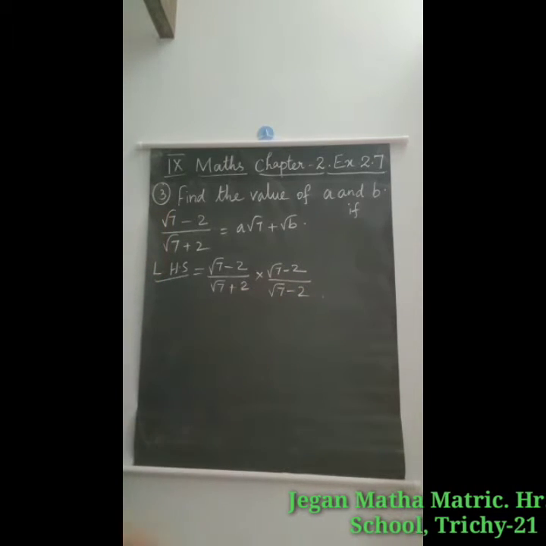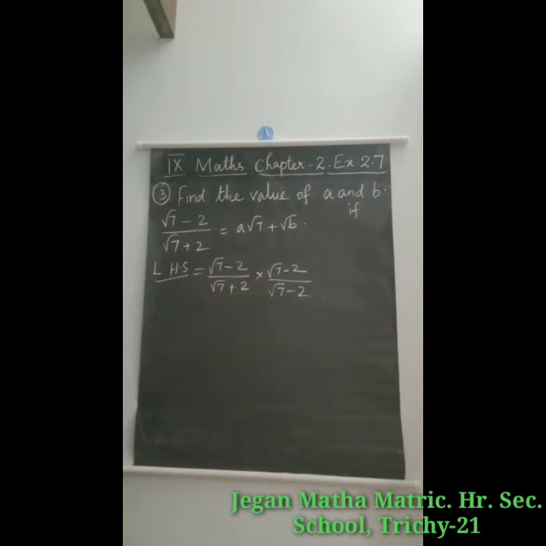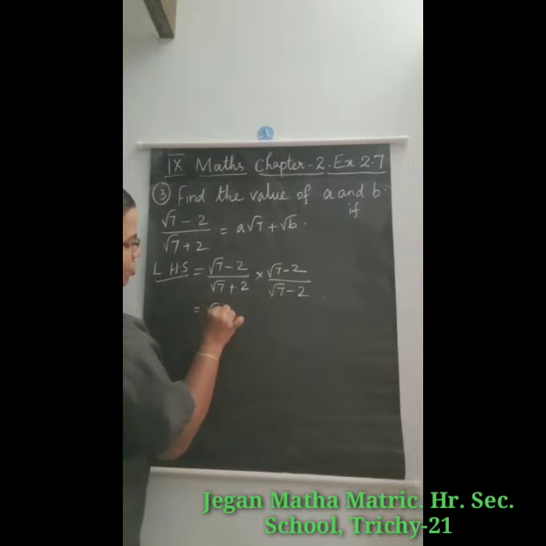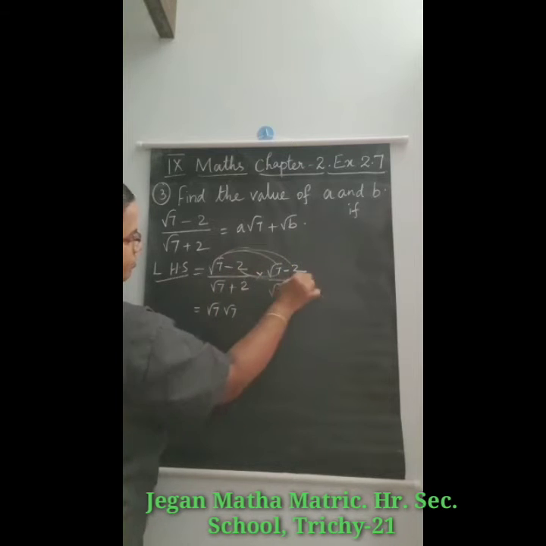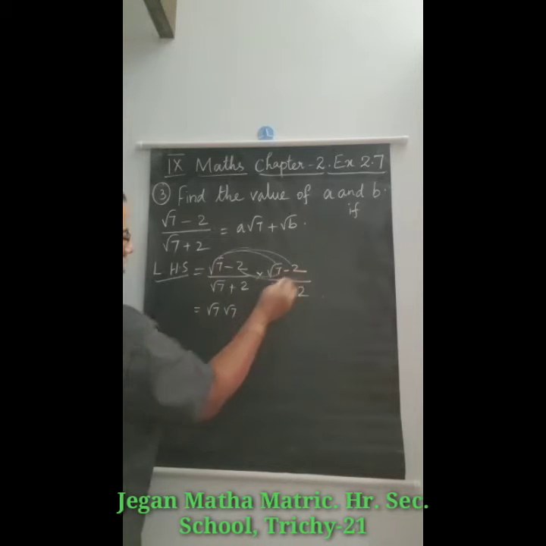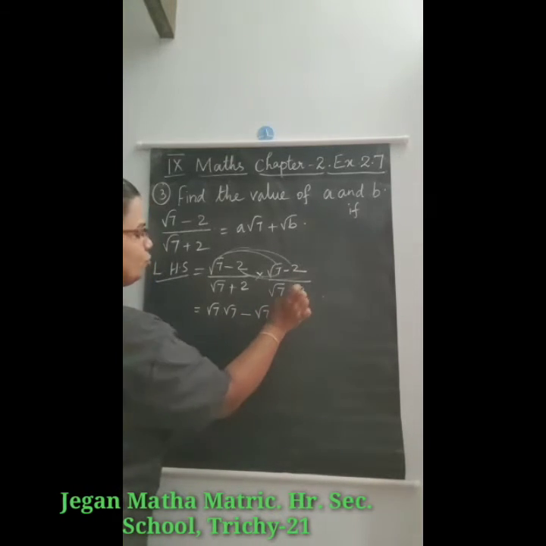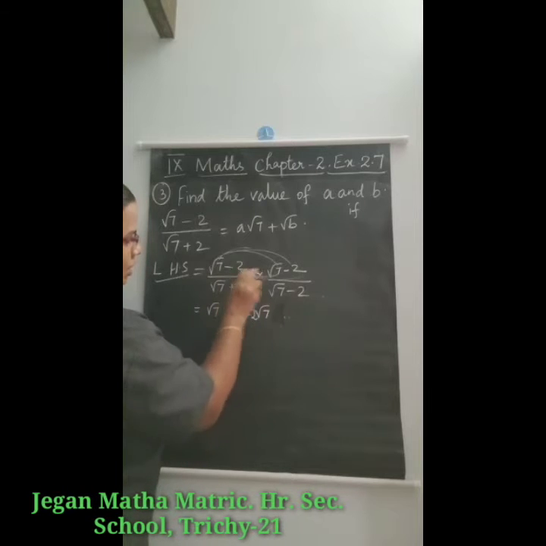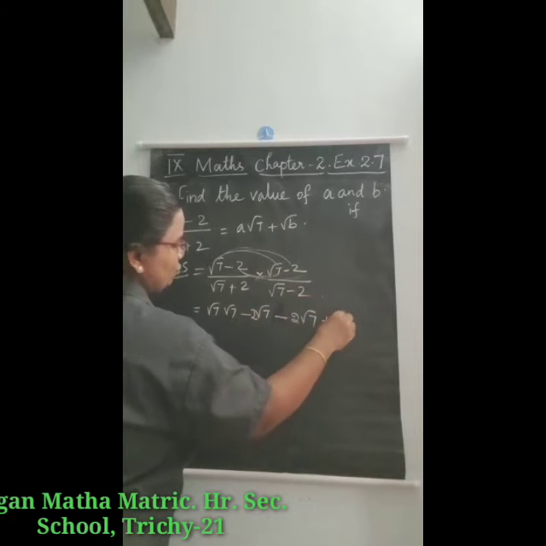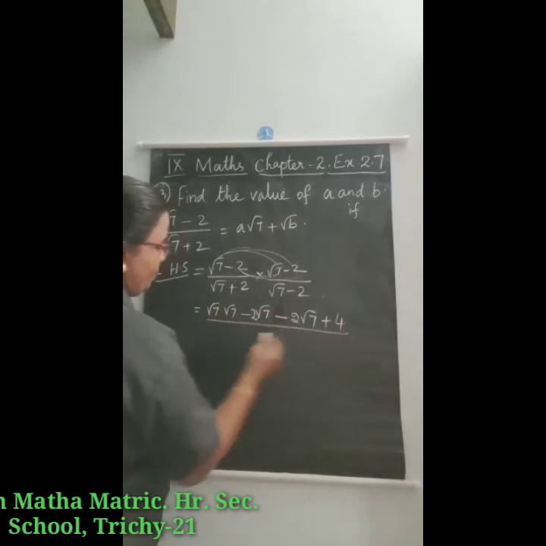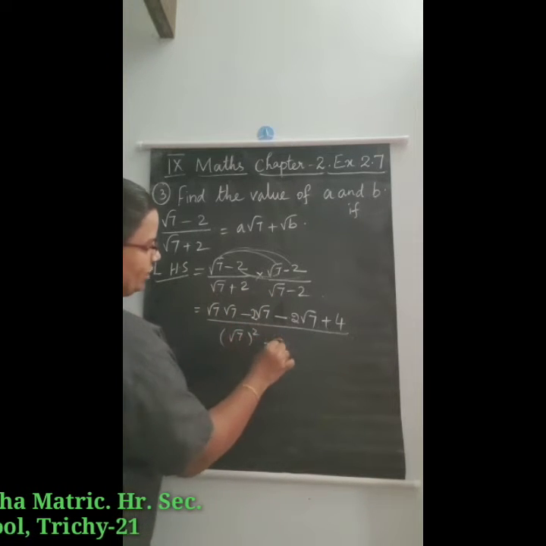If it is plus, you have to take the minus. And what we have to do next? Multiply each and every term. So that is equal to root 7 into root 7, first this one, and here root 7 into root 7, then into minus 2, minus root 7 into 2, or 2 root 7. And then next one also minus 2 root 7, and minus of minus plus, 2 2s are 4, divided by a square minus b square. So root 7 the whole square minus 2 square.